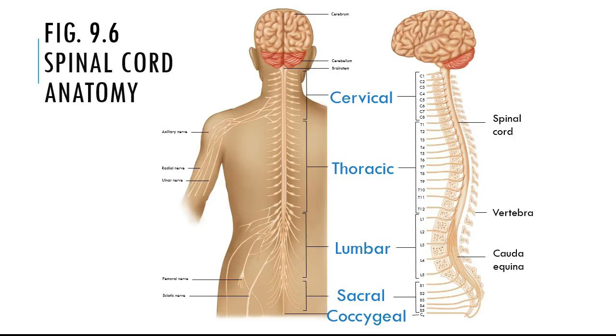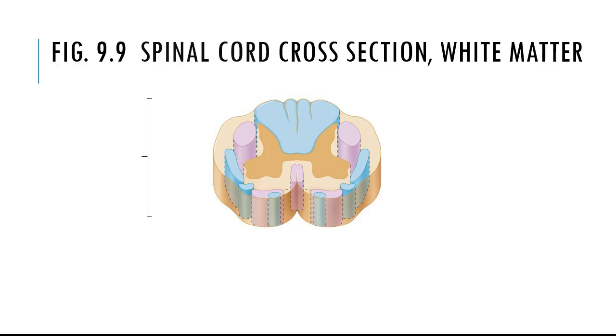When you go to anatomy, you'll probably go through and just locate the different nerves. They're named based on the regions in which they're found, so cervical region, thoracic, lumbar, sacral, and coccygeal. That is important, but we're going to look inside the spinal cord and look at a cross section. And last week we became familiar with some basic orientation. We used the terms dorsal and ventral to talk about the front and the back of the spinal cord. On either side, not shown here, would be the spinal nerves, the afferent and the efferent nerves.